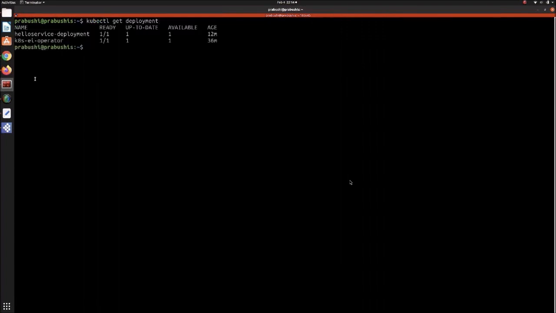And also, in addition to the Kubernetes operator, now we have the hello world specific deployment. And also, if we check for the ingress control, it also has an EI operator ingress, because by default the EI operator does have a controller.